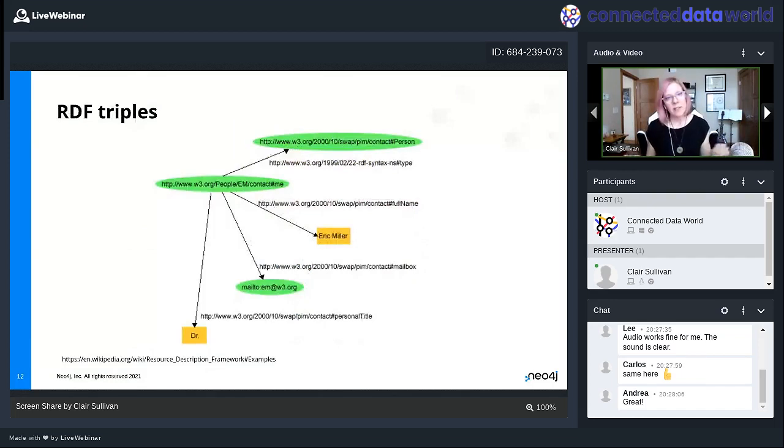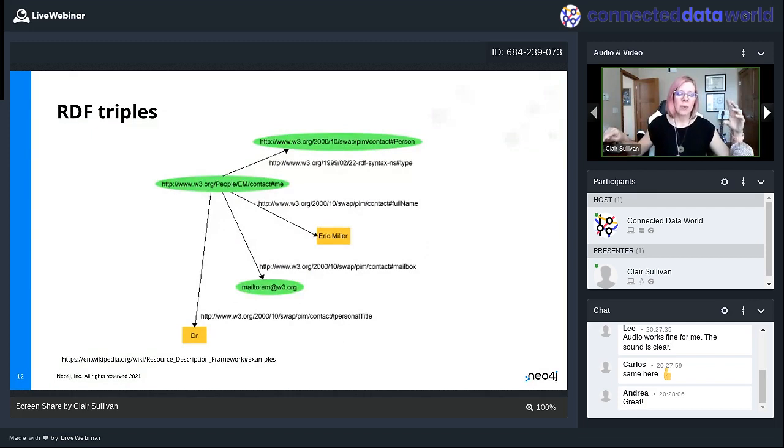Okay, then we have this concept called RDF triples. So Resource Description Framework, that's what that stands for. It's a standard that was put out by the World Wide Web Consortium. And you can also think of these as semantic triples. But what this does is look at how things are connected across the internet. So for instance, I have this kind of centralish node that says contact me, and we have a relationship that says Eric Miller.